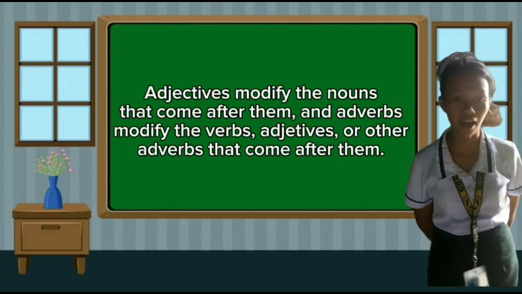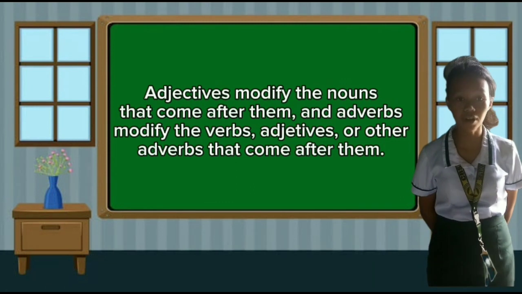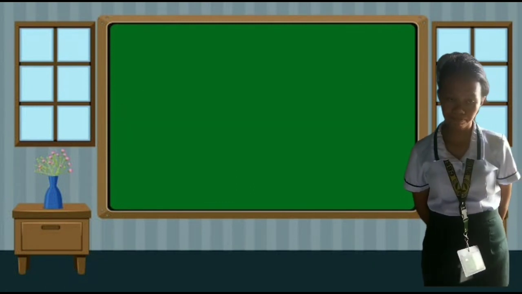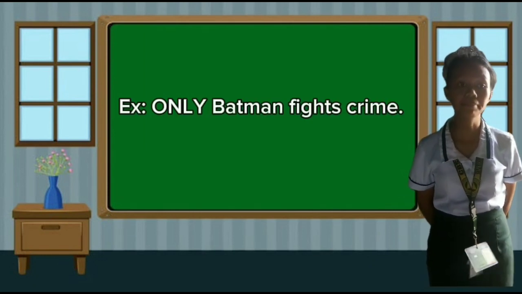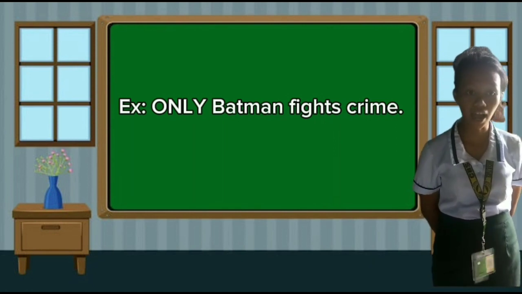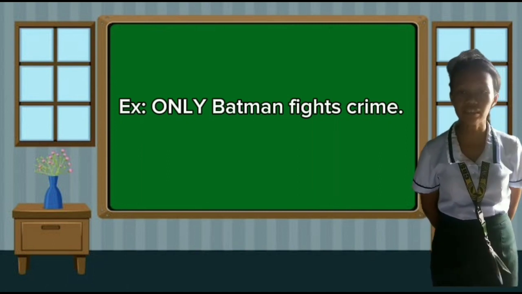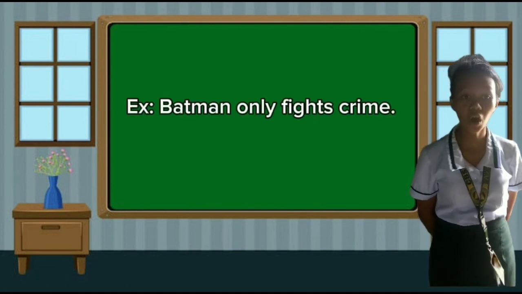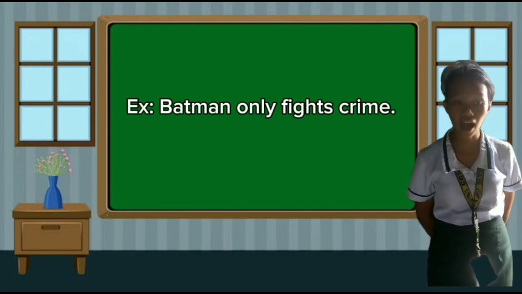Adjectives modify the nouns that come after them, and adverbs modify the verbs, adjectives, or other adverbs that come after them. Example: Only Batman fights crime. Meaning, Batman is the only person who fights crime. No one except Batman fights crime. Not even Superman. Another example: Batman only fights crime. Meaning, fighting crime is the only